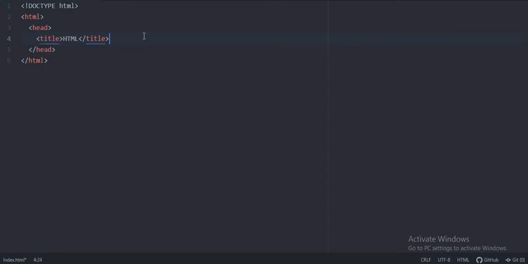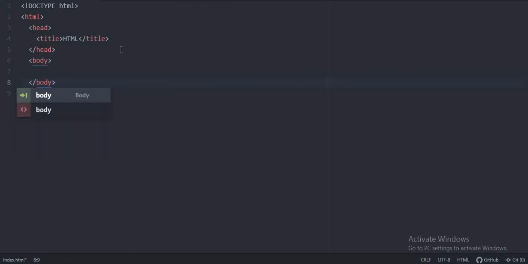Okay, now this is the head tag. You can add many things inside the head tag, but for the basic structure we are doing it till here. There is no end to the tags which come in the head tag and the body tag. So now after the head tag comes the body tag. The body tag also requires an opening and a closing tag, so we will give it a closing tag like this.